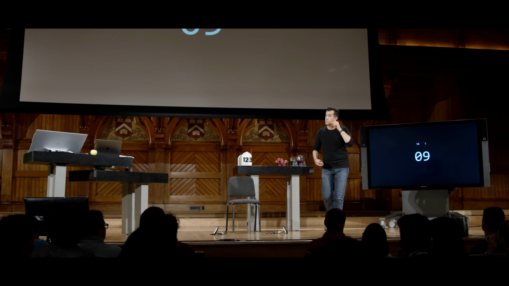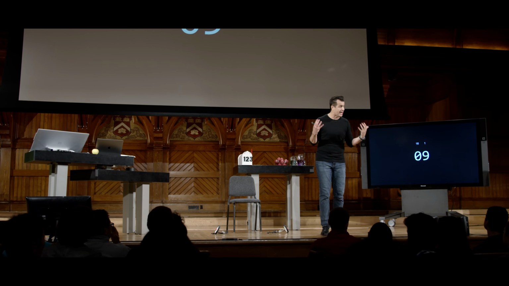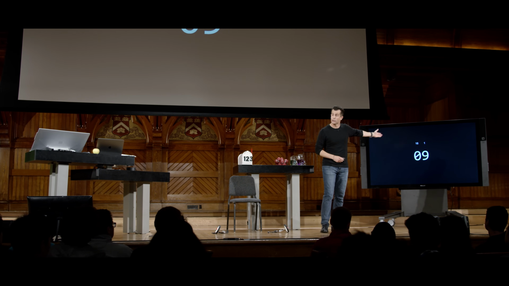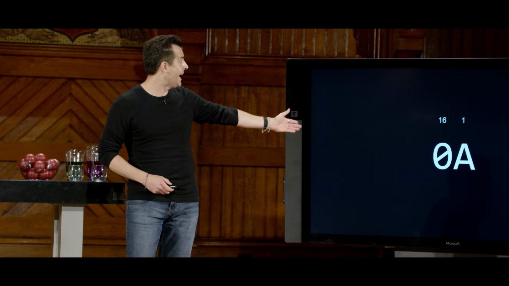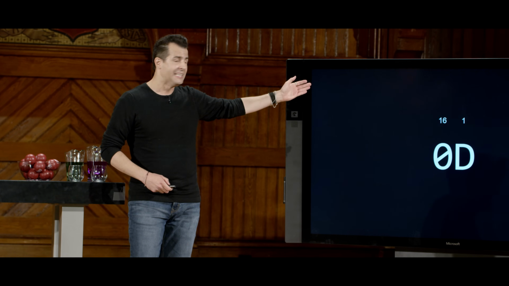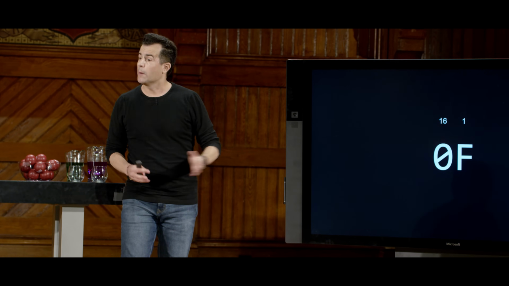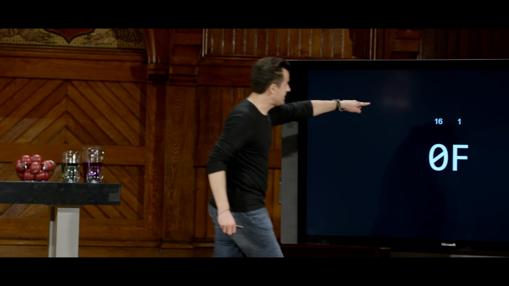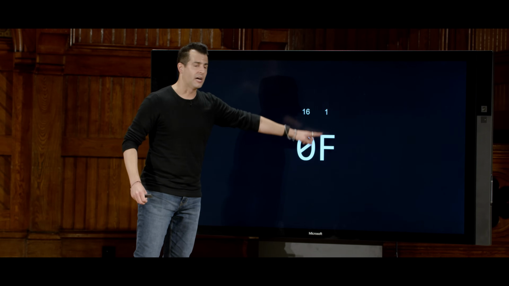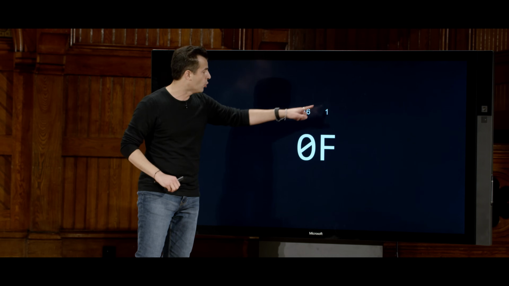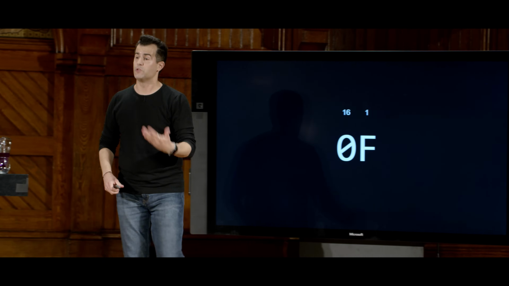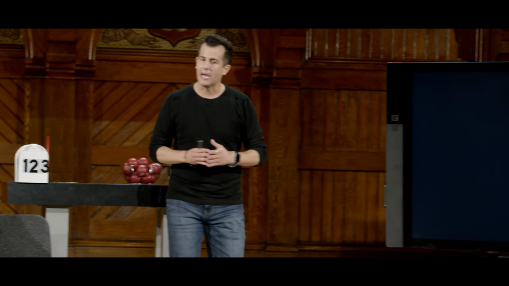And whereas in the decimal world you would want to say 10, or 1, 0, here we can actually count a little higher to A, B, C, D, E, F. And that represents 15. Why? 16 times 0 plus 1 times F, which again, F is 15. So 1 times F, or 15, gives you 15. Now, how do you count as high as 16?